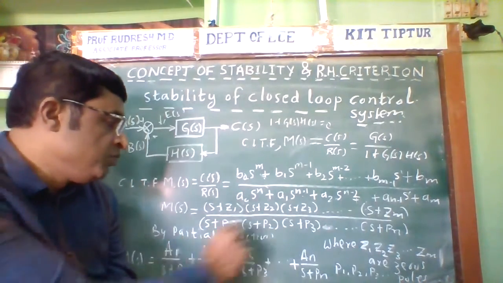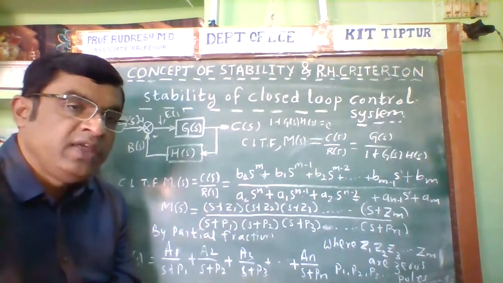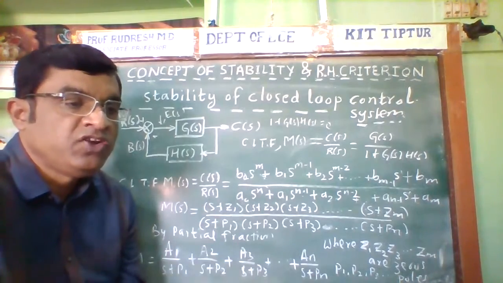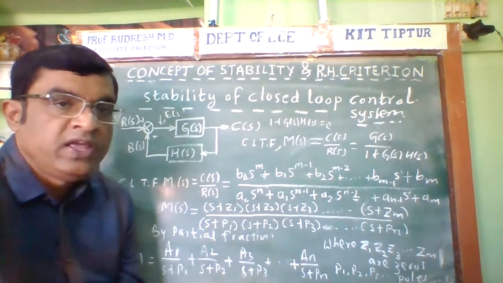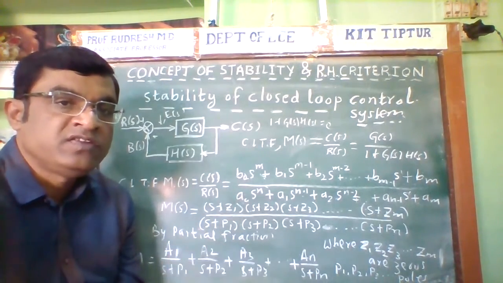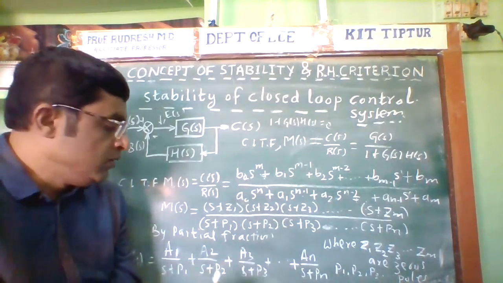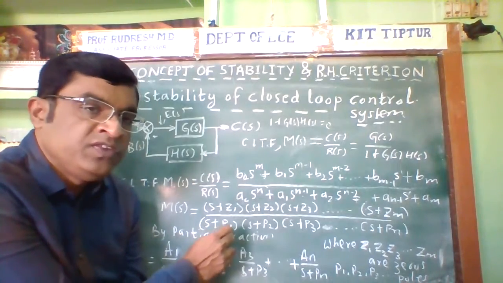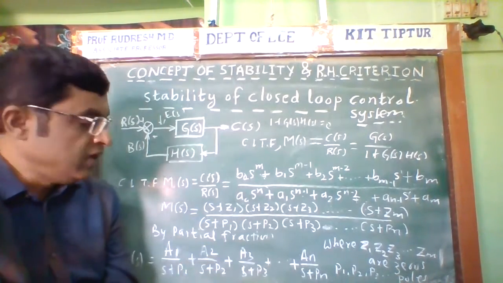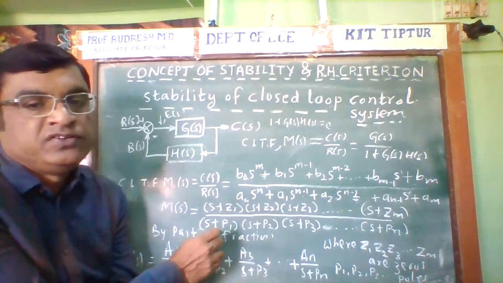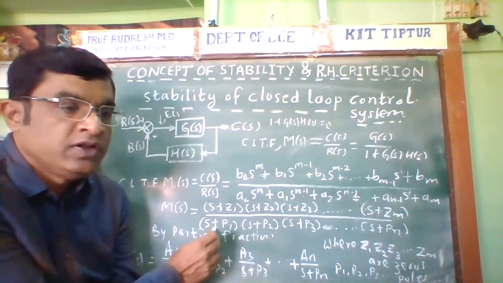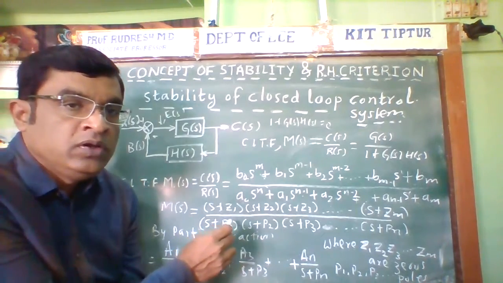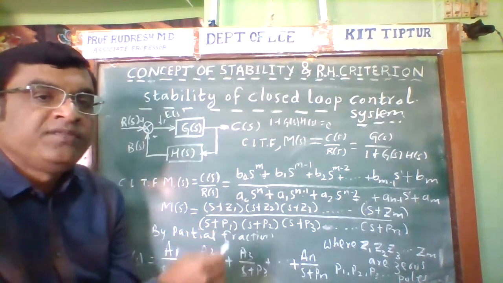In order to locate the poles and zeros on the S plane, note that the stability of the system is decided by the location of the poles on the S plane. The stability of the system depends upon the poles of the closed loop transfer function, that is, the location of the roots on the S plane decides the stability of the control system.